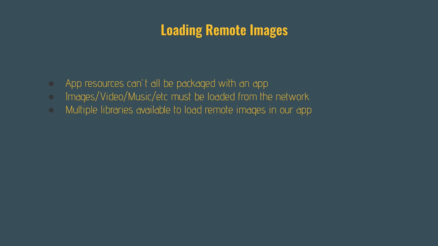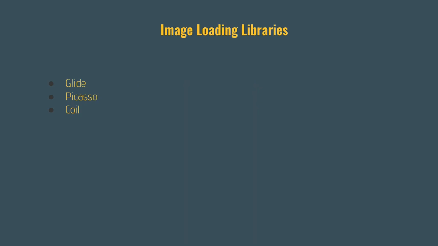Now, thankfully, again, in the world of Android, we have multiple open source libraries to help us do this. The three most popular examples I've run into include Glide, Picasso, and a more recent one specific to Kotlin called Coil. So we're going to actually be using Coil this week because I think it has the easiest setup. And really, this is all we need to do to get a basic implementation of loading an image from